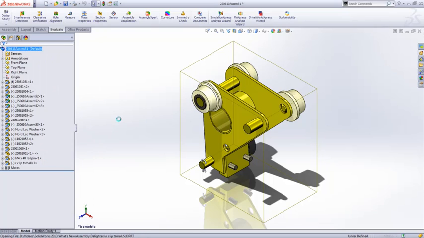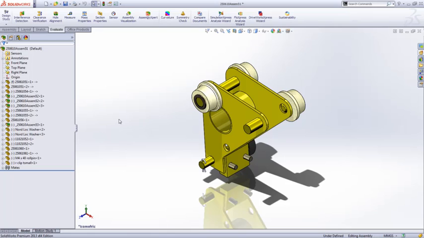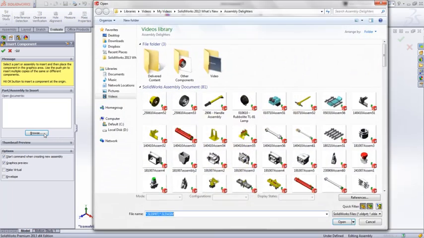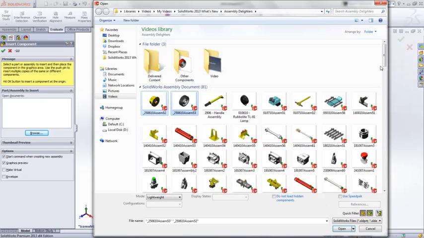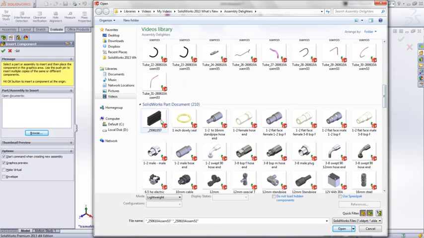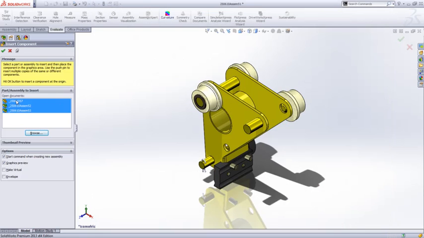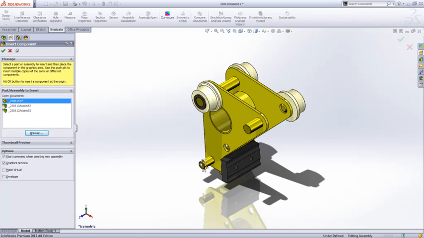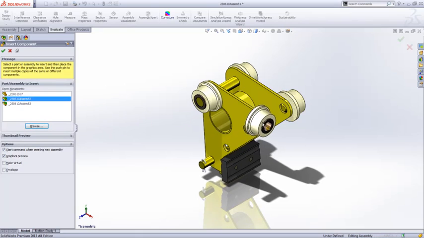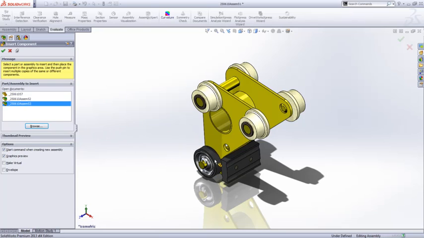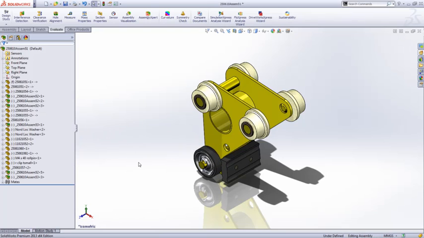If we want to insert multiple components into a design, we used to have to do this one at a time. Now in SolidWorks 2013, we can choose to select multiple components for insertion. This includes combinations of parts and assemblies as well. Once we've chosen the components, positioning them is easy using commonly found mate references. Here we'll go ahead and drop these wheels back onto the assembly design to take a look at the next capability,